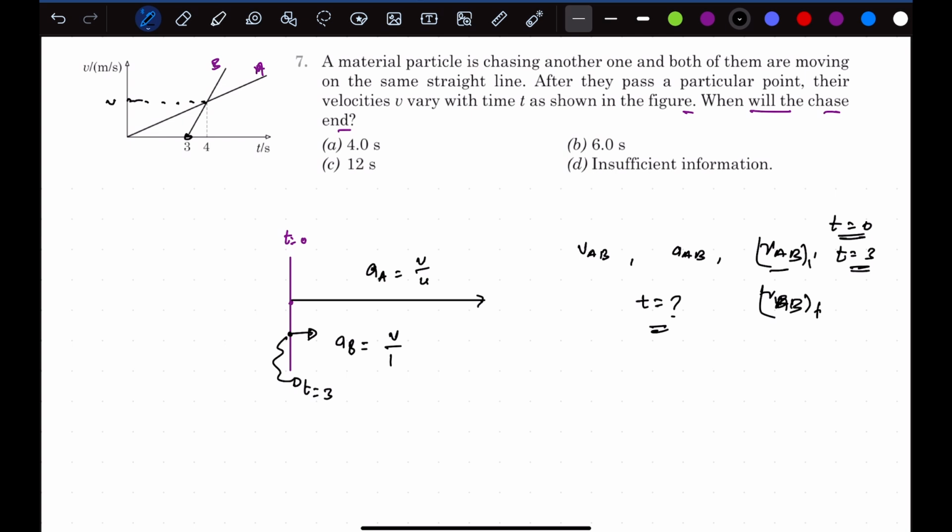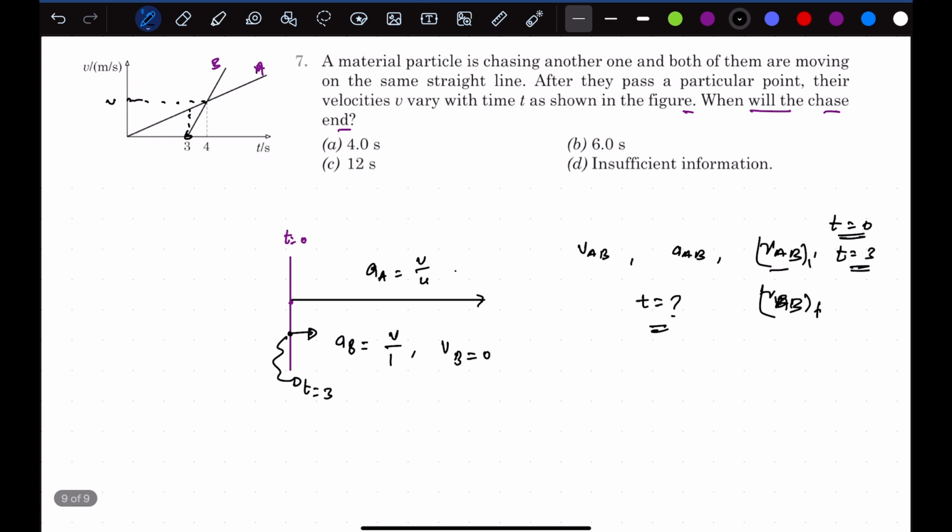I got the accelerations. At t equals 3 seconds, the velocity of B is 0, as we can see in the graph, right? But the velocity of A at t equals 3 seconds, because the acceleration is v by 4 and initial velocity is 0,